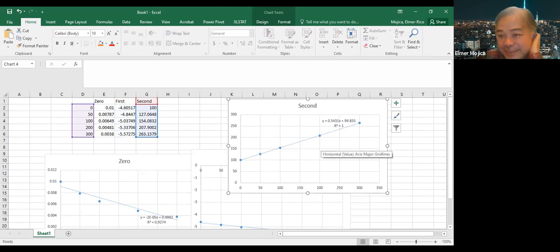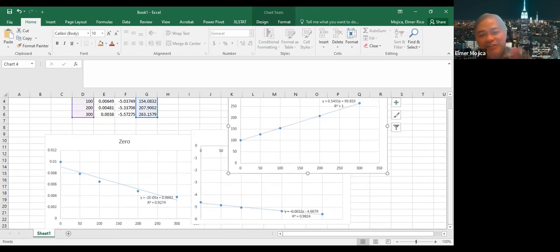So which is the best? Zero order, first order, or second order? Have you seen the R squared for the second order? It is what? 1. Okay, so it is a second order. Because that's the one that is really closest, if not 1. But I don't think, ewan ko kung ganun sila mag-aano. Tawag dito yung mga question na tatanungin sa exam. Usually we do it on the laboratory portion.